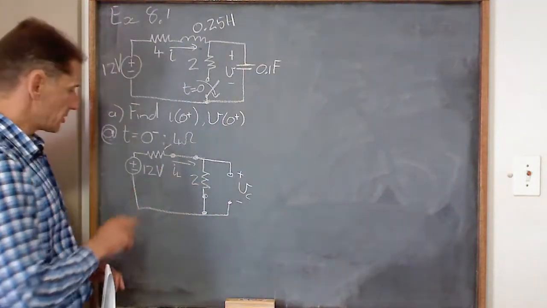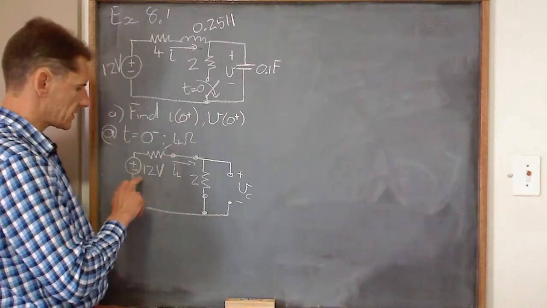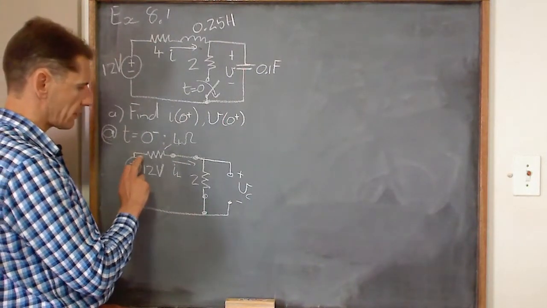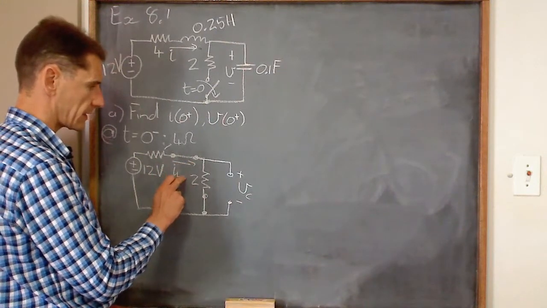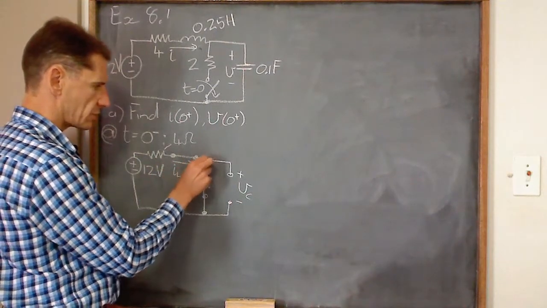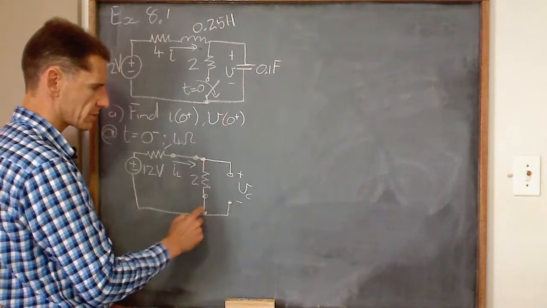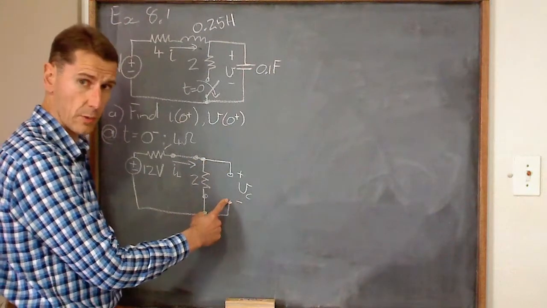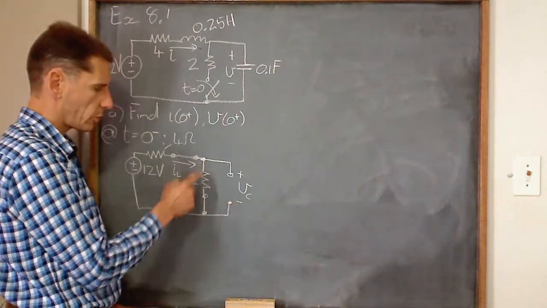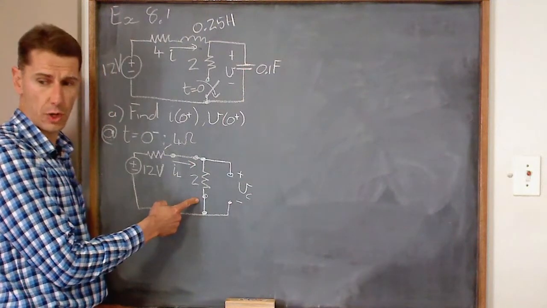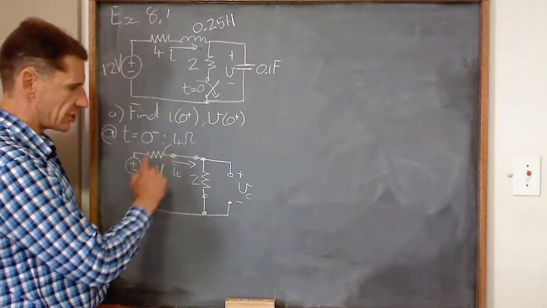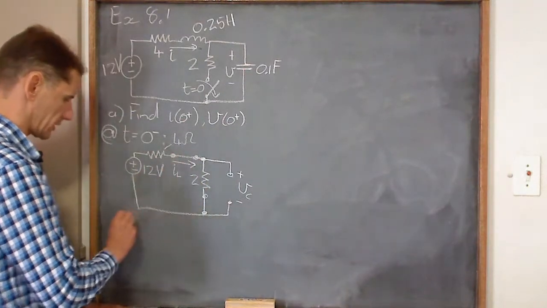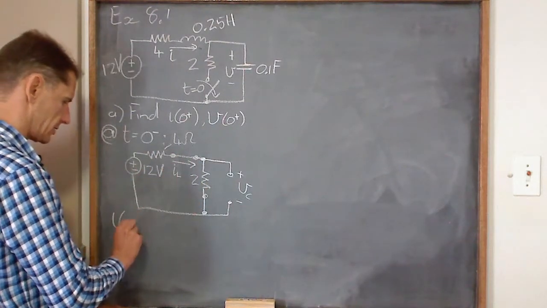The current is an easy one. If we've got 12 volts here, the source is going to push a current into the circuit, which is the same current that's going to flow through the inductor. That current gets to this node. It sees 2 ohms. It sees an open circuit. So where's it going to flow? All the current has to go through that 2 ohms. So this is effectively just a series circuit. So we have that i(0